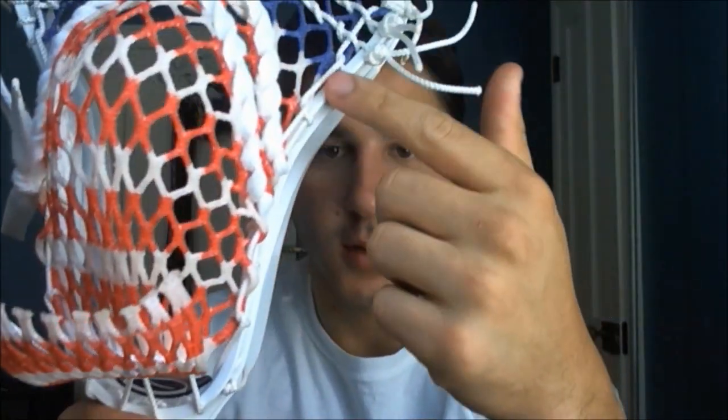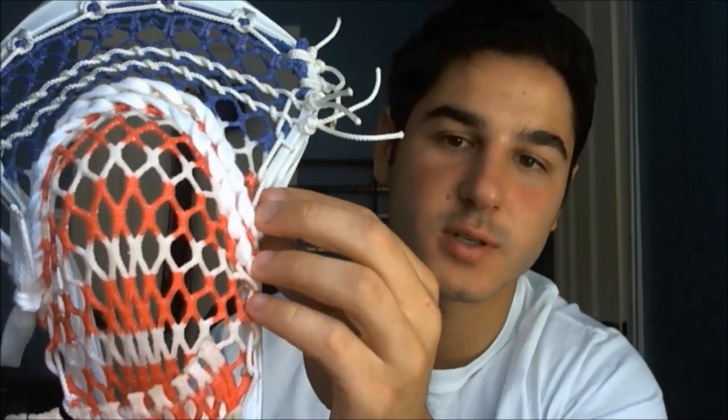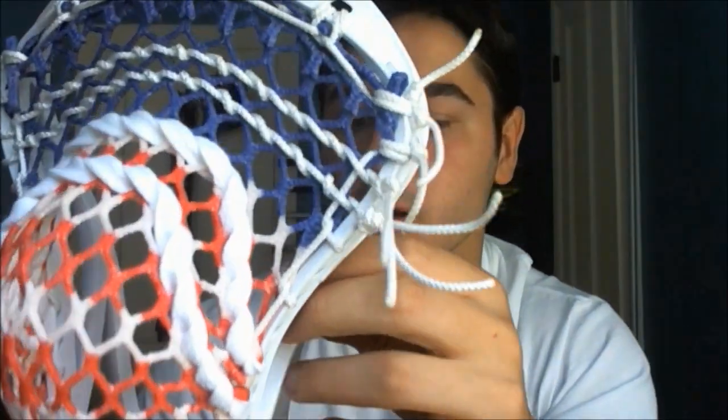Another thing that I noticed is a similarity it shares with the Stallion: the bottom of the sidewall rail is more flat and wide instead of rounded. This was also a trait that the Stallion had, and I kind of like this because it pushes the mesh to the outside, which is going to help the ball not get stuck in there, but still keep that nice pinch. So overall, guys, I think this is an awesome head, something that I would be more than happy to play with,